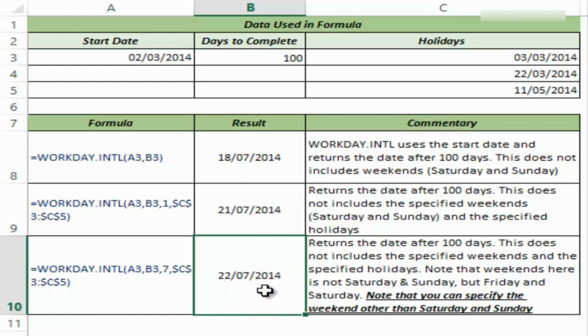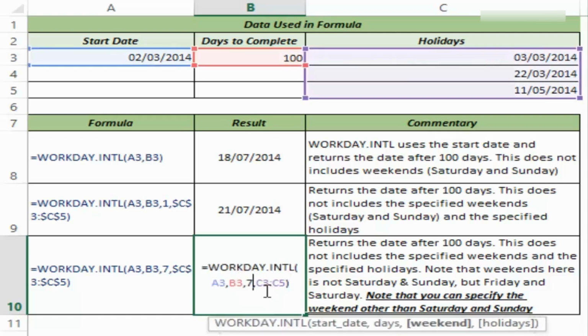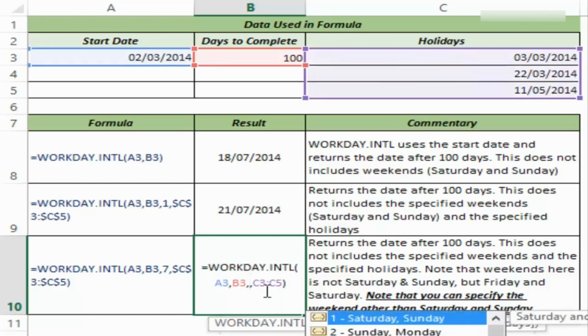Now a very interesting feature to note about Workday International function is that you can also identify the end date if you work in a part-time job. So in a part-time job, maybe you work only on say Mondays and Wednesdays, and then you need to identify the end date. Then you can do that. Just go to the weekend section, and here you will have to manually type something in double quotes. So I would type